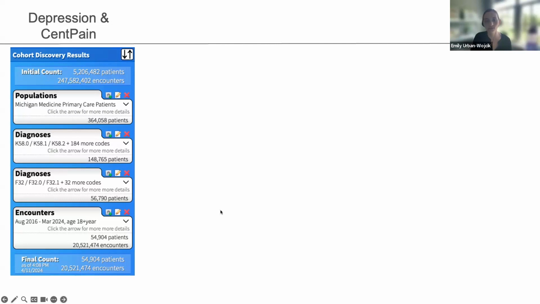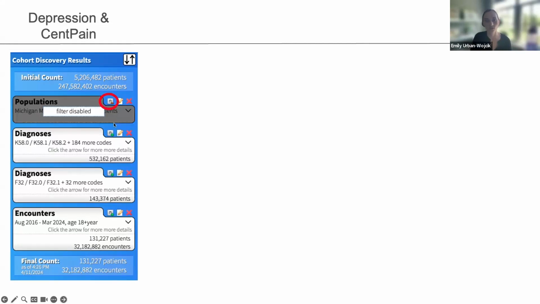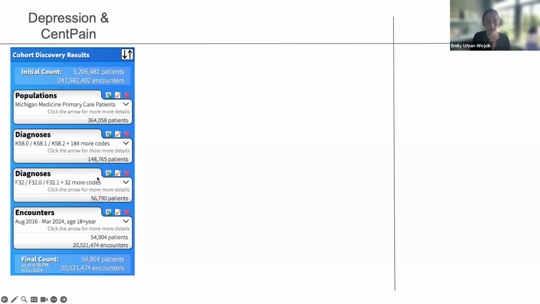Right next to each of these bubbles are icons like this one right here. This is a light switch. Basically, that will help you toggle on and off the filter. So if we disable the filter, we can see how it impacts our cohort without actually having to use the X and get rid of it and then have to redefine it again. So we can toggle it on and off to see, oh, if we don't use the Michigan Medicine patients view, we actually get a lot more patients. That'll definitely impact the data that we get, but if that's something you're interested in, you can use that to see how it impacts it. So going back, turning it back on,